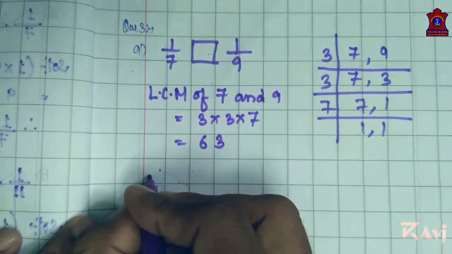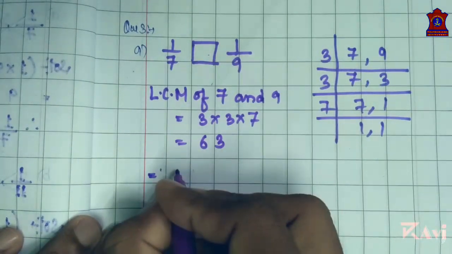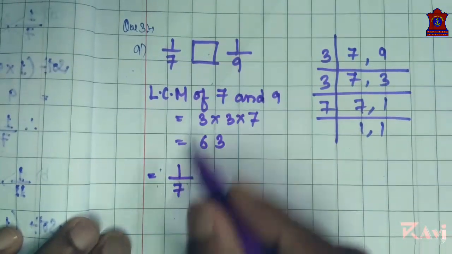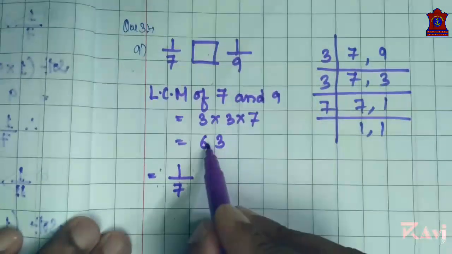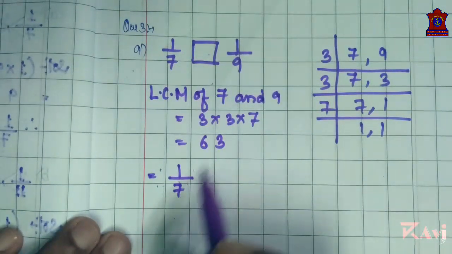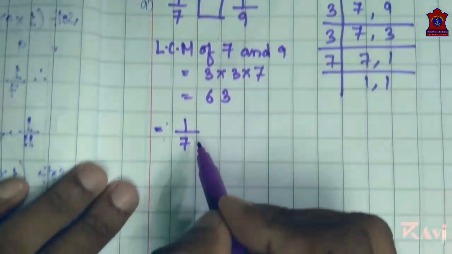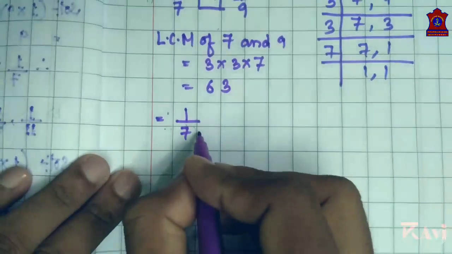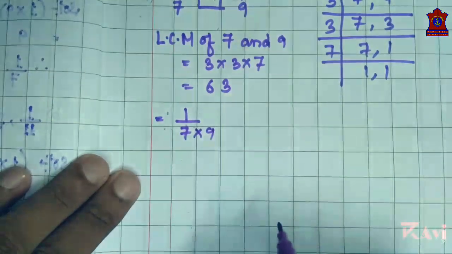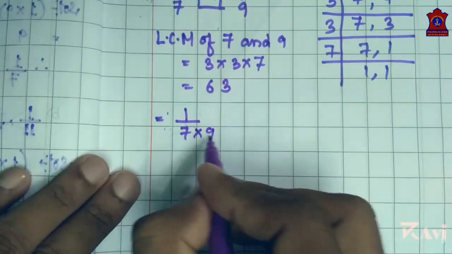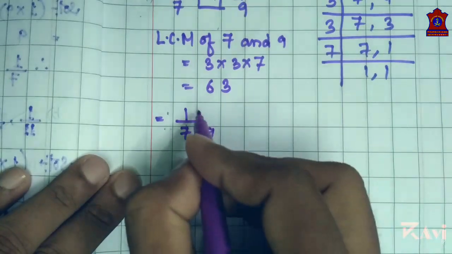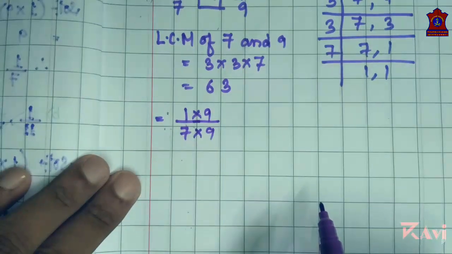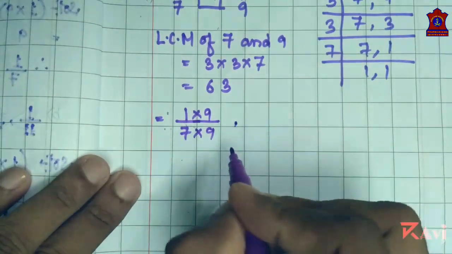Okay, see here, 1 by 7. See, we have got 7 as the denominator. It was given in the question. Now you need to make this denominator equal to 63. So 7 into what makes 63? 7 9s are 63. Clear? Once you are taking 9 at denominator, you have to take the same at numerator also. Clear? Okay. Now put a comma here.